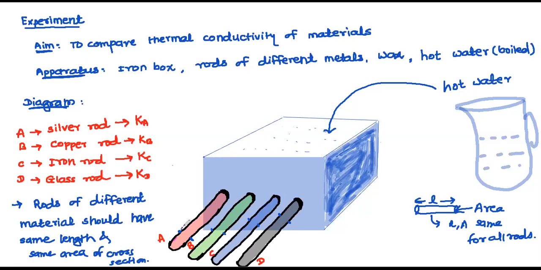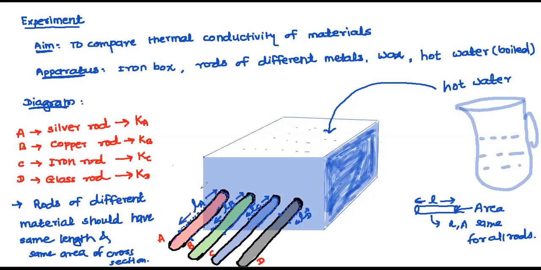Understand what happened? See, let me draw the diagram. See, up to here the wax on this side has melted. Yes or not? Can you see this one is melted now? This will melt till here. Can you see up to this length? Different lengths are there. Although the complete length of rod is same, let us assume that this length is LA, this length is LB, this length is LC, and this length is LD, up to which the wax has melted. Yes or not? Up to which the wax has melted.